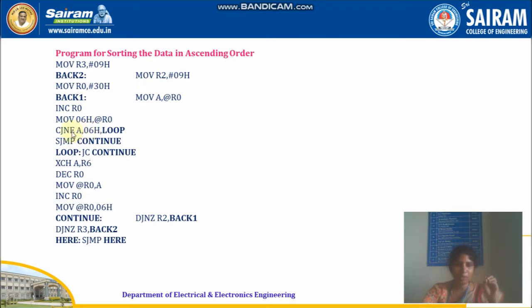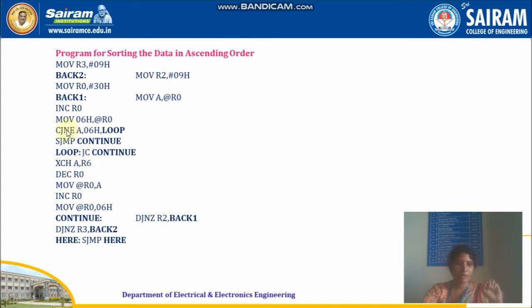If it is equal, you will get 0. If it is not equal, then A will be subtracted with the R6 content. If any carry comes, it means that the content of R6 is greater. Suppose if carry is not coming, then the content of the accumulator is going to be higher.